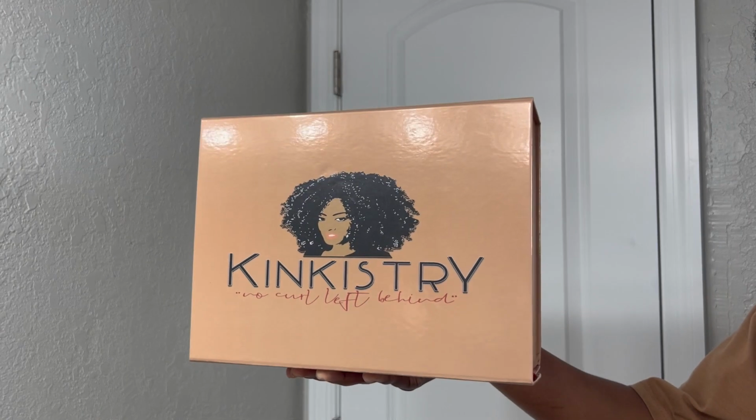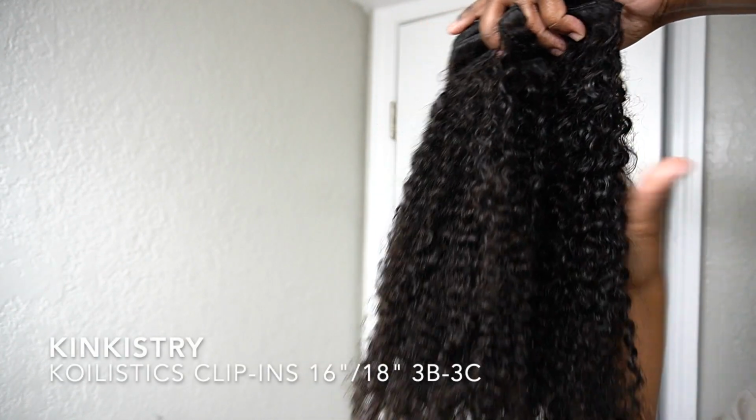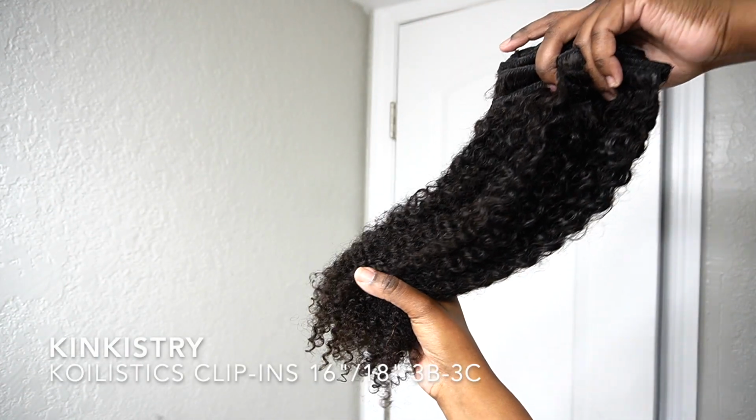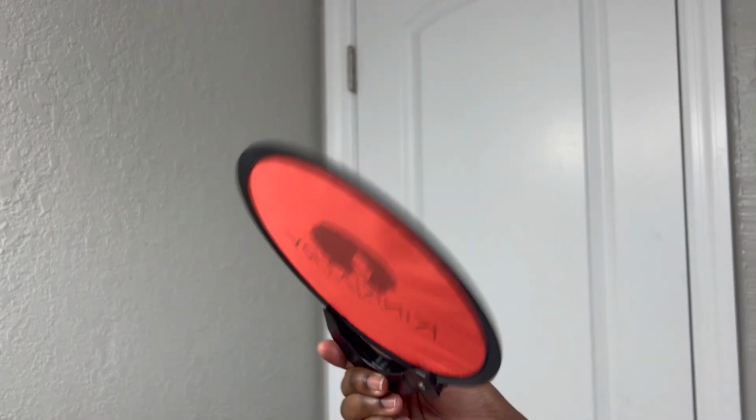It's your girl Michelle, and I've seen this hairstyle going around Pinterest and I wanted to give it a go with a bit more fullness, and these clip-ins came at the perfect time. Their packaging is always on point. I was sent the Kinkistry Calistics clip-ins, 16 to 18 inches, and a few helpful tools to help me create